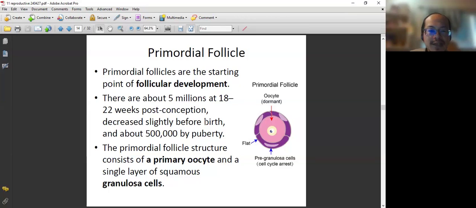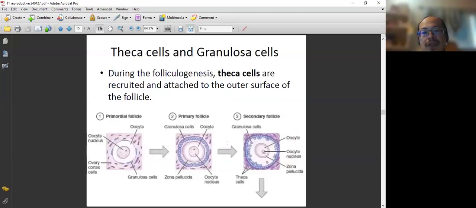And then they wait until puberty. At puberty, your FSH increases, LH increases, and they will stimulate. That's why we call it follicle stimulating hormone, FSH. They stimulate the follicle development. And so it contains the primary oocytes and the granulosa cells. Once it develops, it will go from the primordial to the primary, to the secondary, to the tertiary, to the